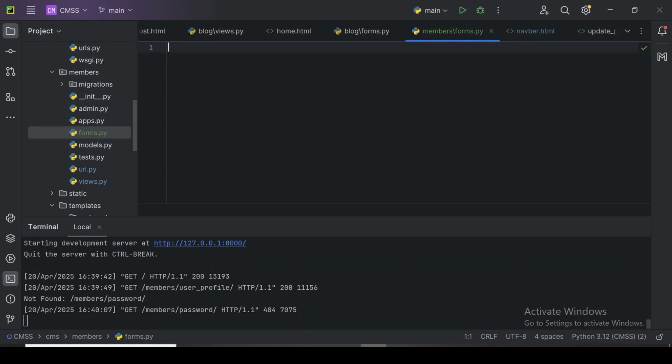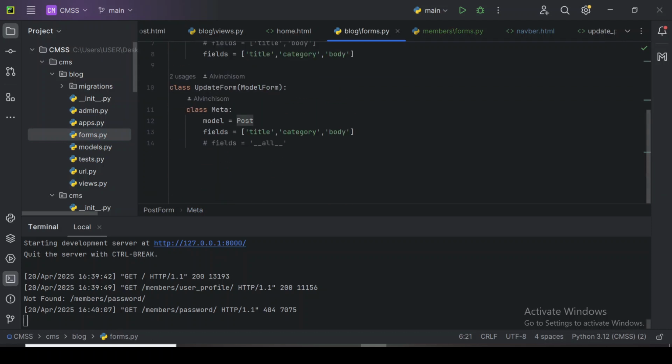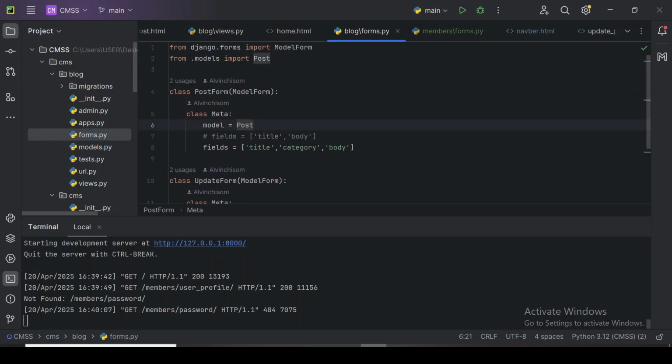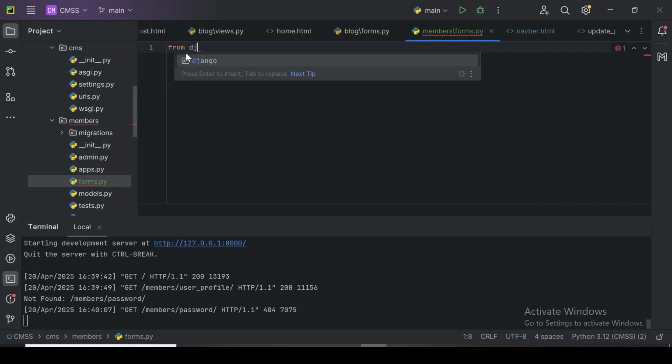So now we have a forms.py. In our forms.py, it's going to look exactly like this. There is nothing different. So I'm going to do almost the same thing. Let's just come to our members forms.py and start by saying from django.forms